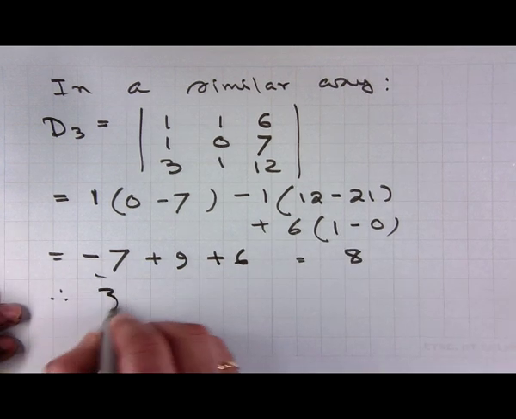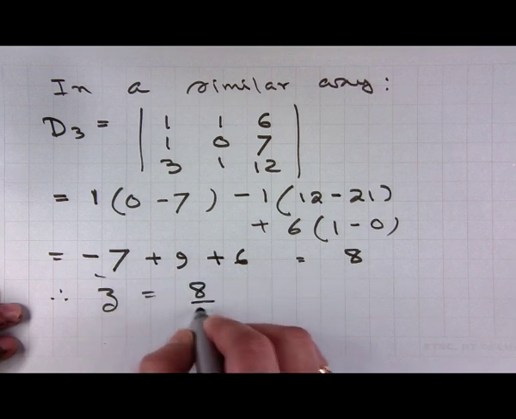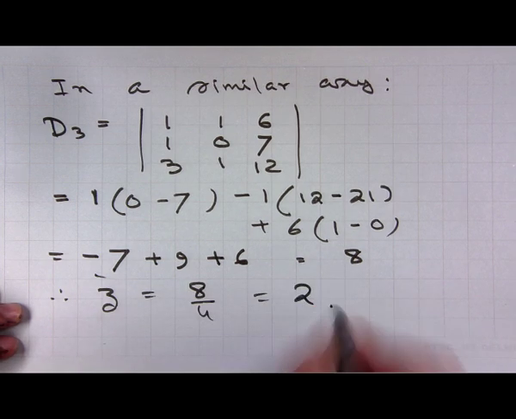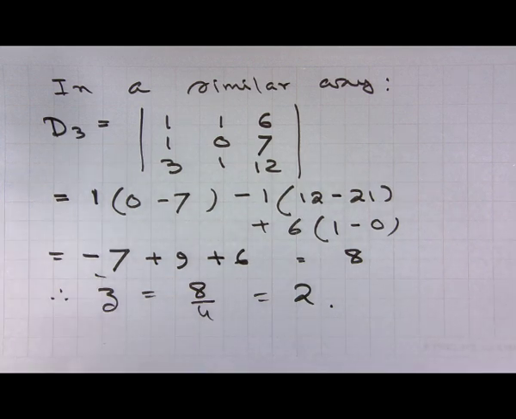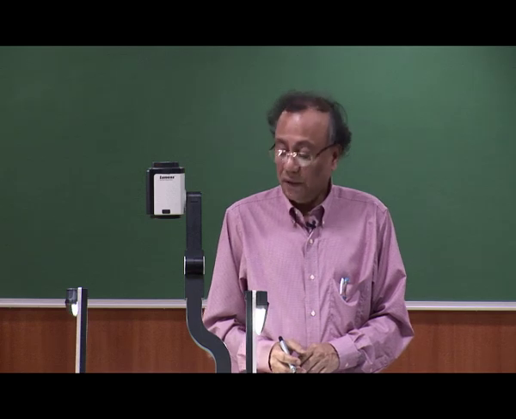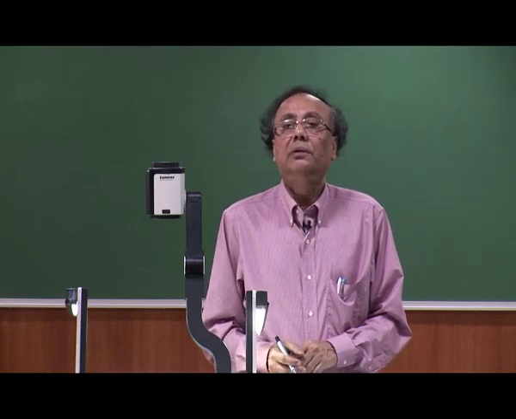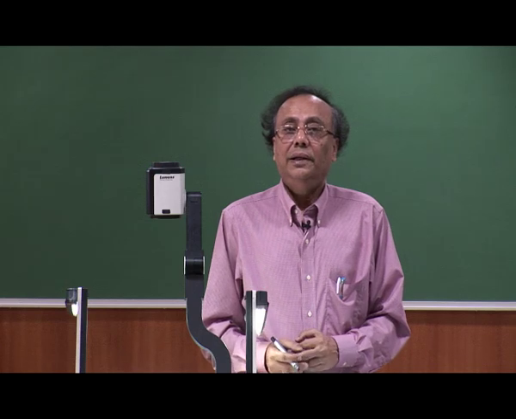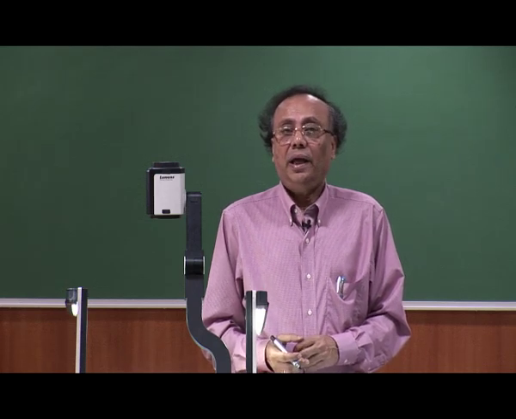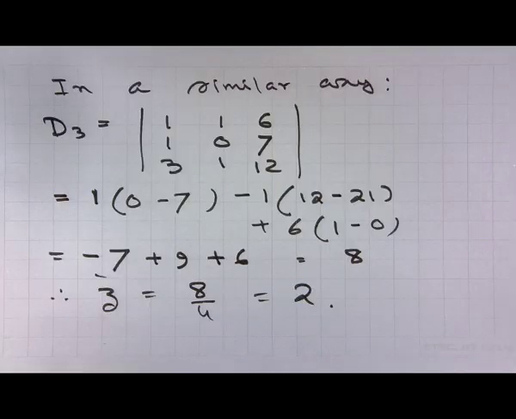Therefore, z is equal to 8 by 4 is equal to 2. Therefore, we see that using Cramer's rule, where we did not explicitly compute the A inverse, we could solve